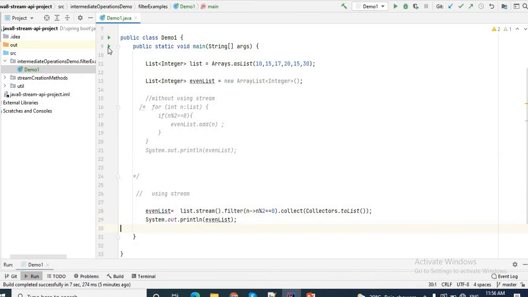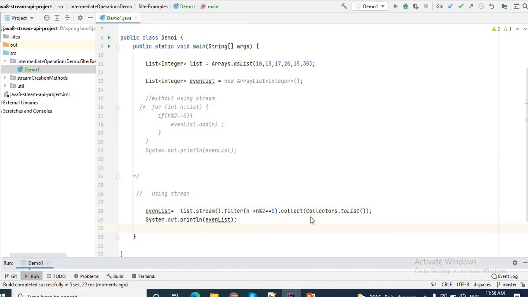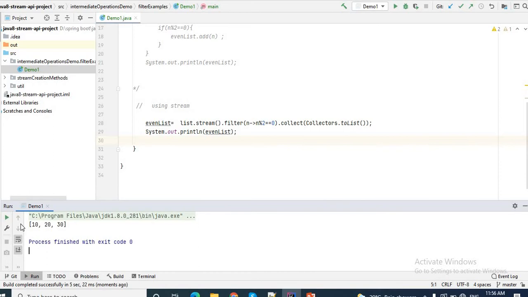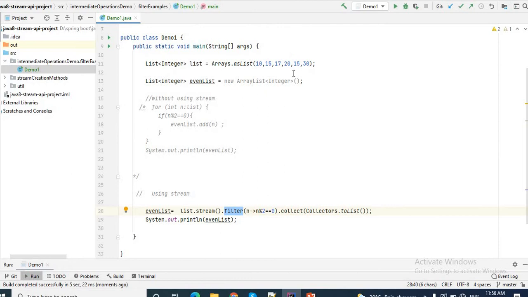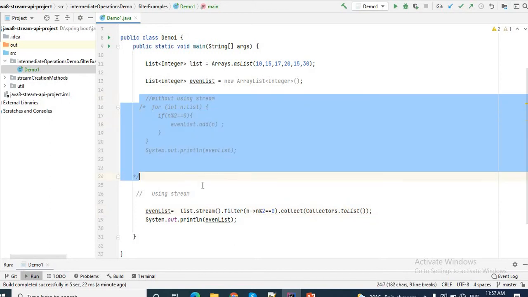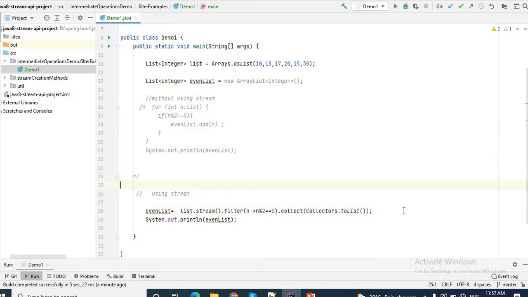Let me run this again. I am getting 10, 20, 30, the same output. So we saw how we can use the filter method to filter all the even numbers from this list. You can see how concise the code is. Without using stream, we have to write many lines of code, but using stream, we only need to write a single line.